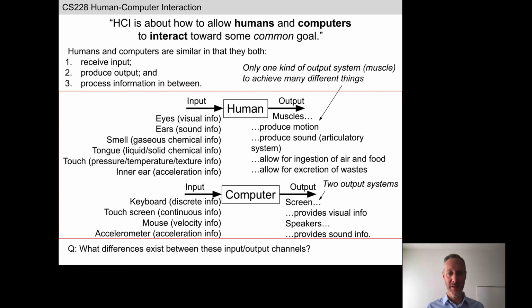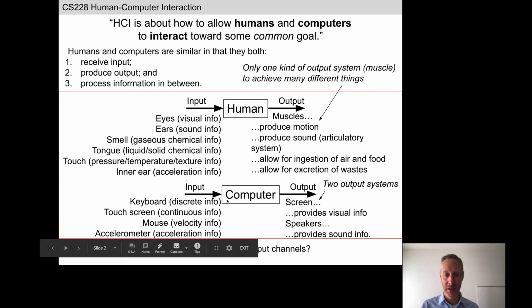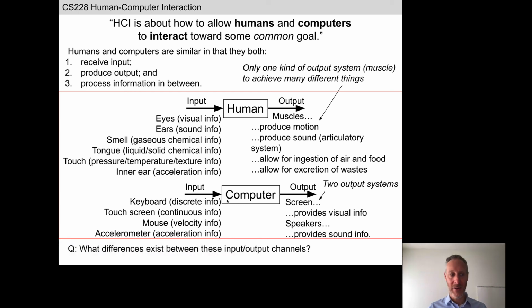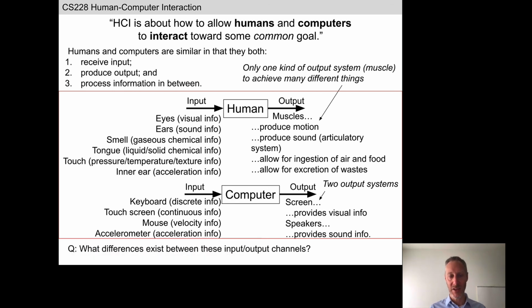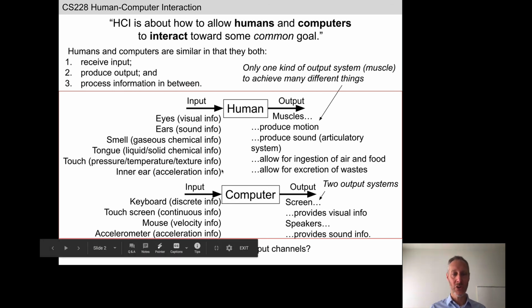What other differences exist? So computers can obviously also change their attention, but that requires us to write some code. Computers almost have to wait for input. So as Nolan mentions here, this is one of the most profound differences that we're going to focus on in this class. Most interactive technologies are passive. They have to wait for information to arrive at their sense organs, versus humans, which are not. They are active.